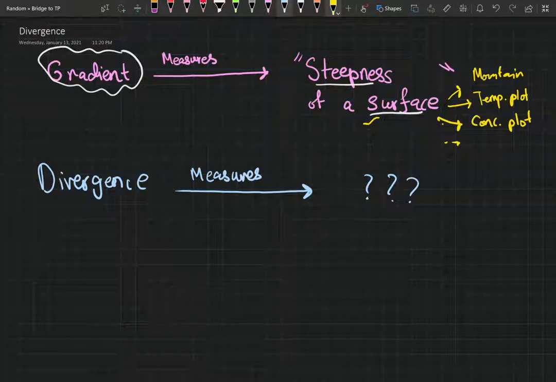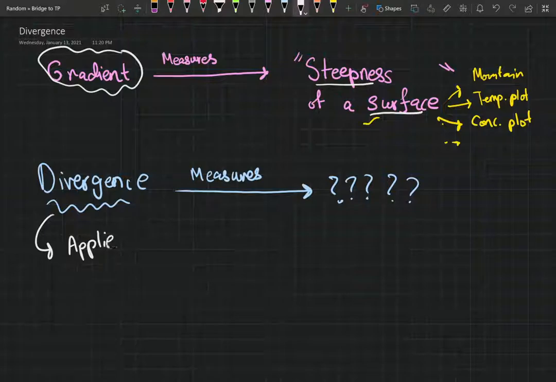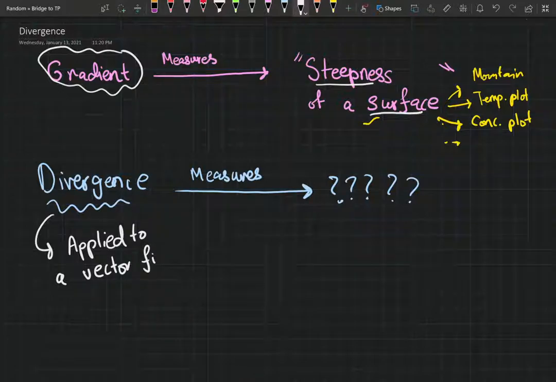Okay. Now we have to talk about divergence. What does divergence measure? That's the question we're asking. Before we dive into the intuition behind divergence, let's talk about the mechanics, the operations, the computation itself. Divergence is always applied to a vector field, and these vector fields can consist of, in our discussion, they're mostly going to be velocity profiles, but in general